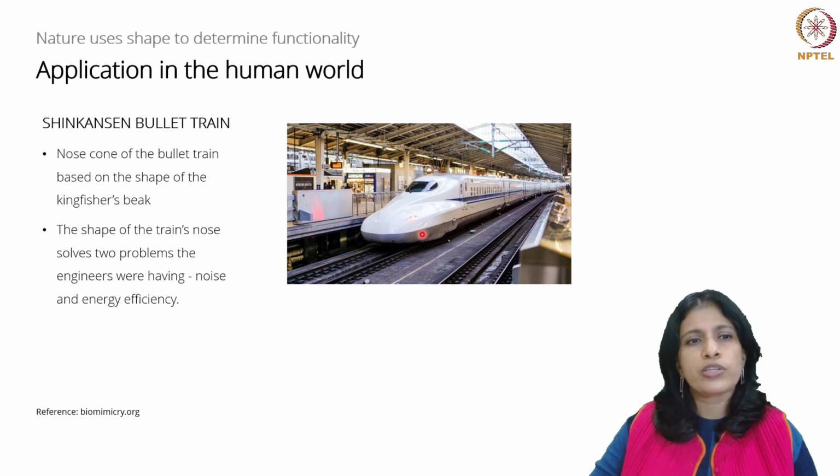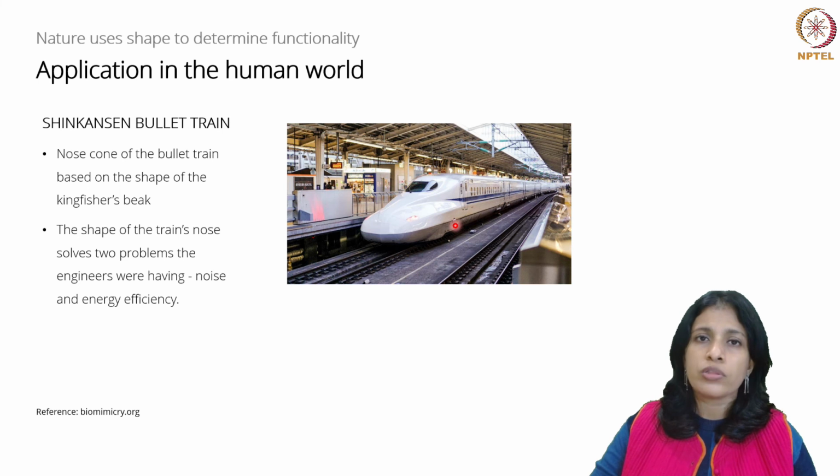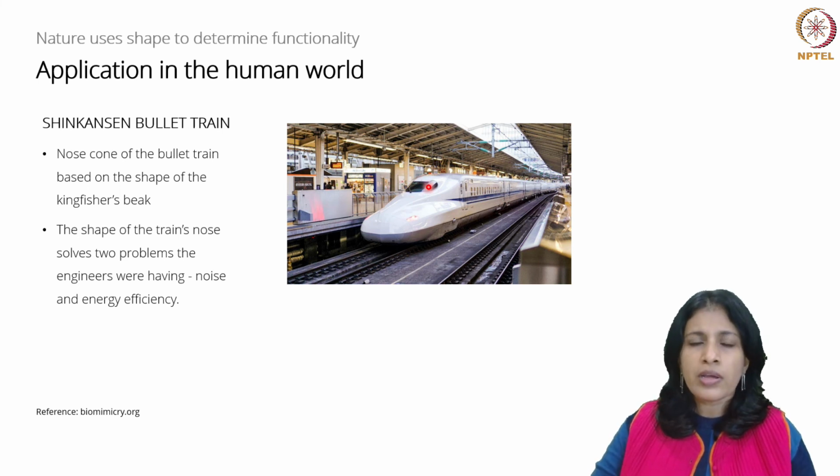The nose cone of the bullet train is actually modeled on the kingfisher's beak. So this bullet train earlier used to have a more rounded shape, which is why it was called the bullet train. And unfortunately, when it was passing through tunnels and exiting tunnels, it used to create a huge booming sound, which was causing a lot of noise pollution. People living next to the train tracks used to complain about the noise. Therefore, the engineers looked to nature and found that